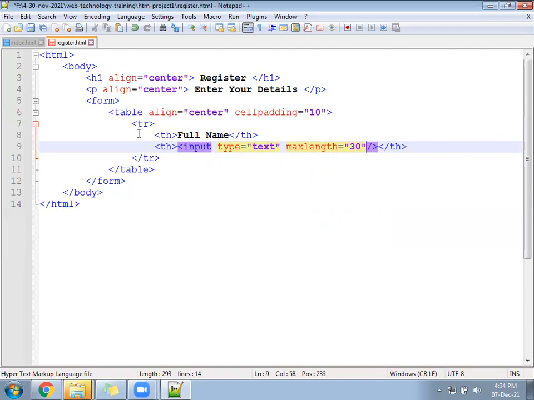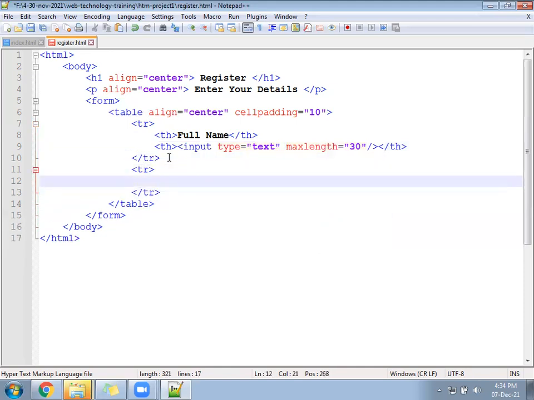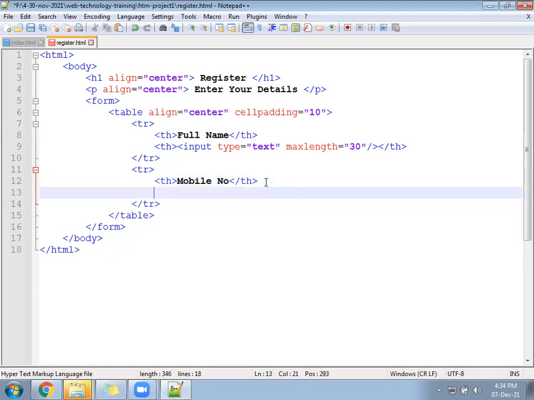Okay, next after that, add one more TR, TH, mobile number, TD, input type equal to number. Max length will not work here, you can leave that.